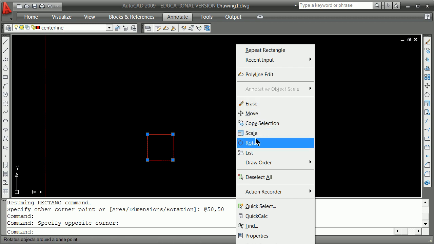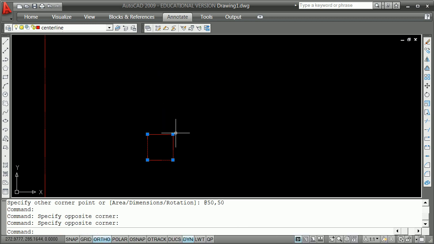We can move it, we can scale it, we can rotate it. These are called modify commands, and they generally are invoked once you have highlighted something. Essentially, they are the set of commands that are in the modify toolbar. If, however, you left click